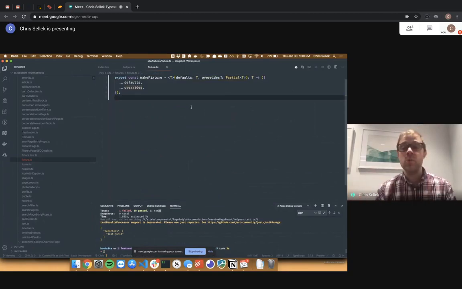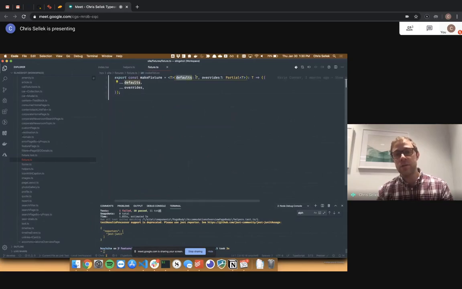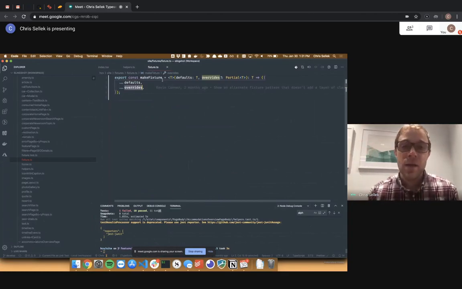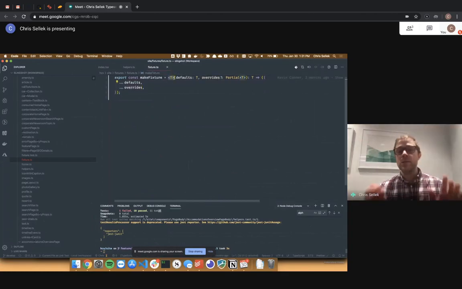So to do that, you need a default of a certain type, right? You need overrides that's going to be a partial of that certain type. We'll get to partials in a second. And then you're going to take this object, you're going to put defaults into the object, and then you're going to override the defaults with the overrides, right? The generic type here makes this super simple and awesome to implement, to use this function with whatever fixture you're